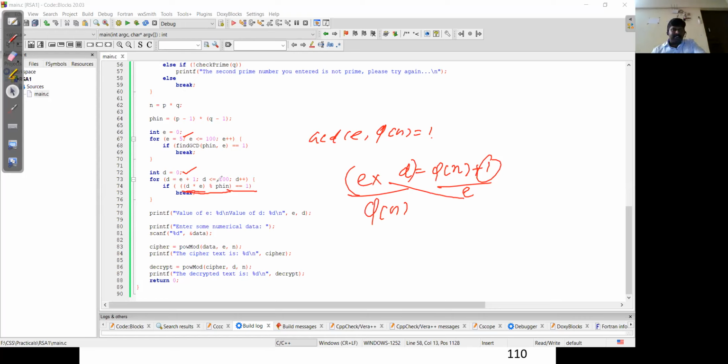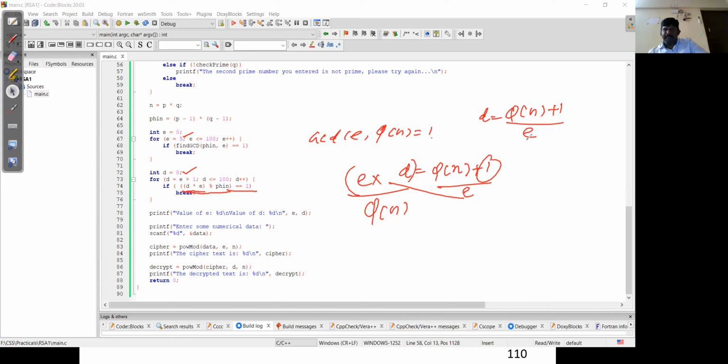Don't worry that they have used a different formula. When I explained theoretically, I mentioned that d is equal to pi of n plus 1 upon e. These two formulas are the same.